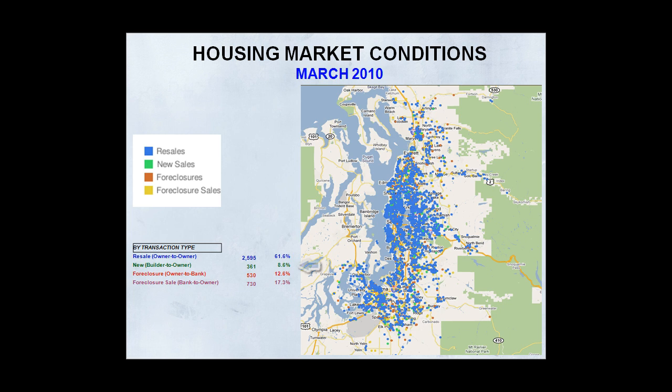New home sales are now still lower, 8.6%. They're scattered around. Discounts are again quite substantial. Incentives are in place here, and we've also got the effects of the different tax credits that are out on the market. Foreclosures now 12.6%, so a little bit less than 2009, and foreclosure sales 17%, so this is still staying ahead of foreclosures on a month-to-month basis. Again, there's seasonality in these numbers, and we expect those to bounce back a little bit back and forth.